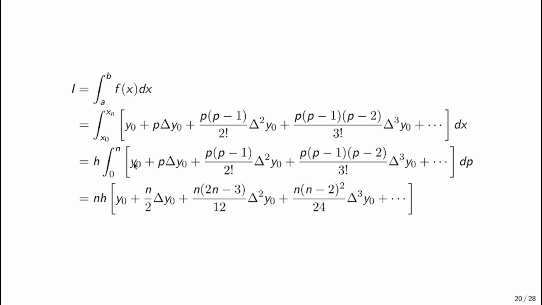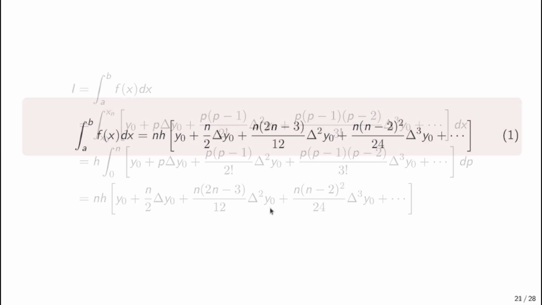So if you integrate term by term, y0 p will be there. y0 p will give you n y0. Applying the same technique in the other integrals, we will get the answer. That means the integral is nh y0 plus n by 2 delta y0 plus n into n minus 3 divided by 12 delta square y0